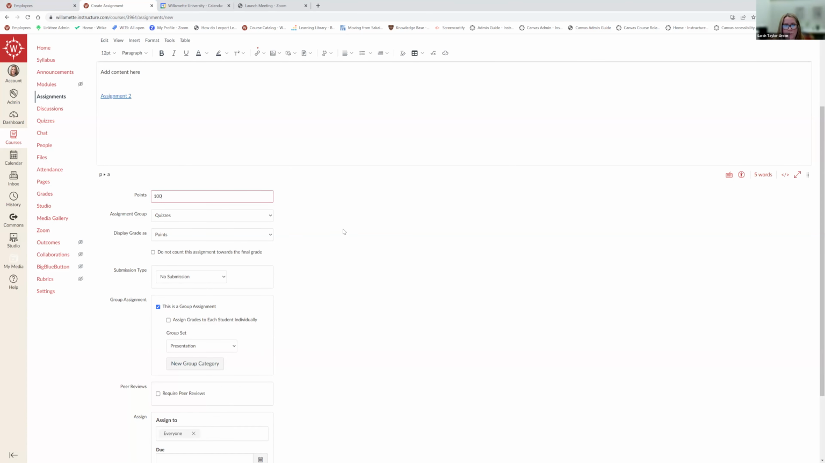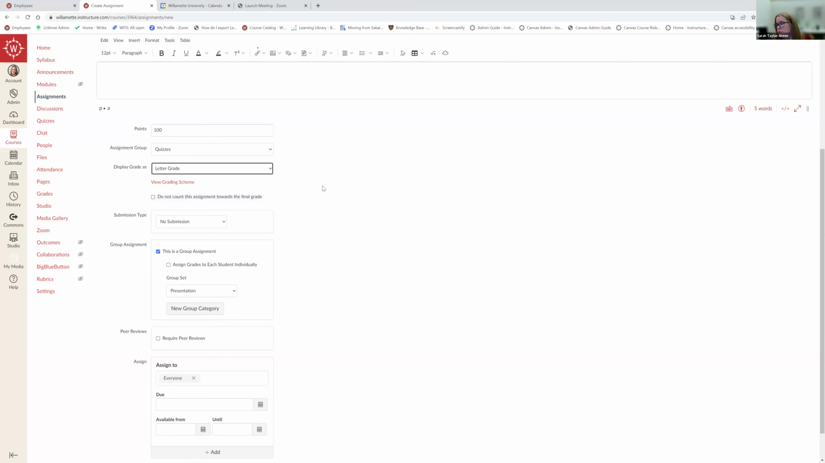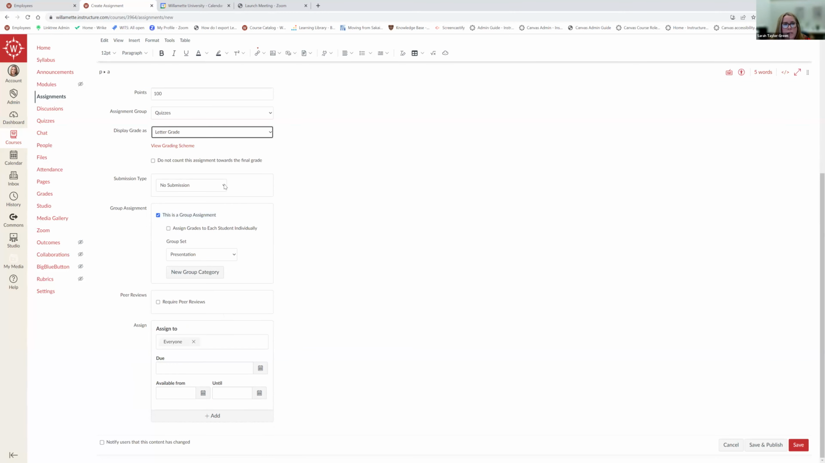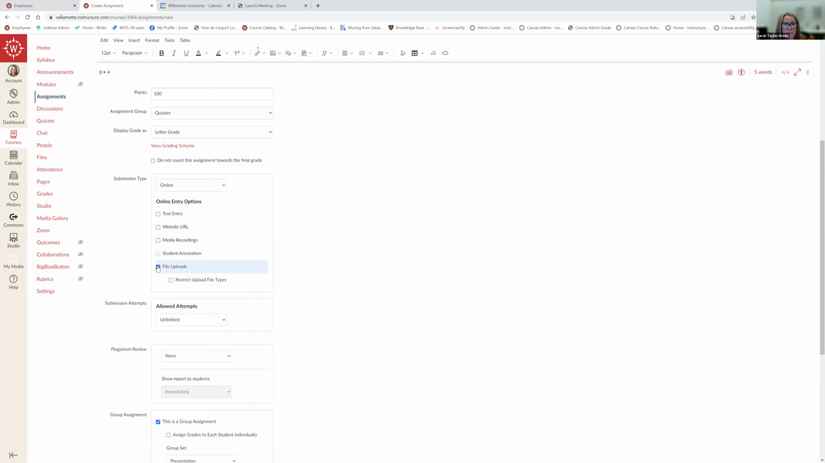You give it a number of points, but you can display your grade as a percentage, complete/incomplete, points, or a letter grade. If you use letter grades, Polly, you need to view the grading scheme, and I'll show you that in just a second. And then submission type: online, on paper, external tool. So let's choose online, and they can do a file upload,